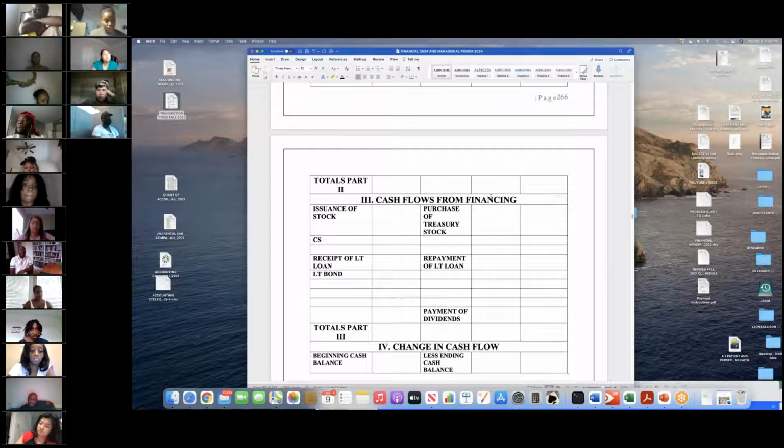And finally, we have cash flows from financing. If you issue common stock, it's a source. If you buy stock back, it's called treasury stock. You can't buy back the common stock and call it that. You still have to always show what was put in. So if you buy stock back, it is in an account called treasury stock, which has a debit balance. If you receive a long-term liability, it's a source. When you repay the long-term, it's a use. And then when you pay dividends, that's a use. So we've covered